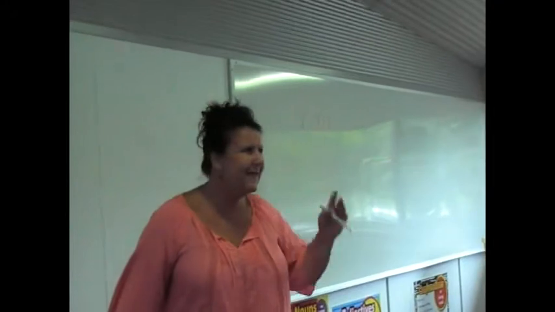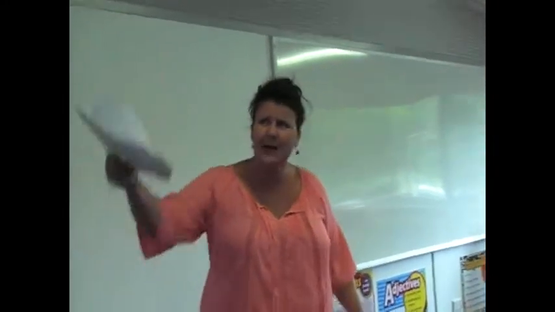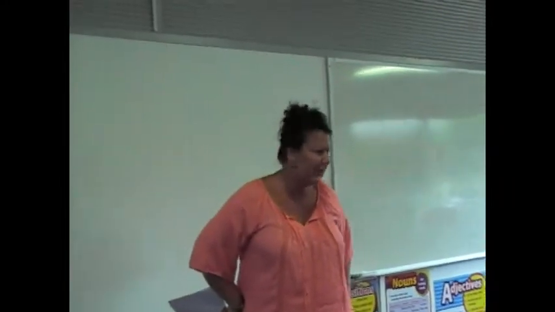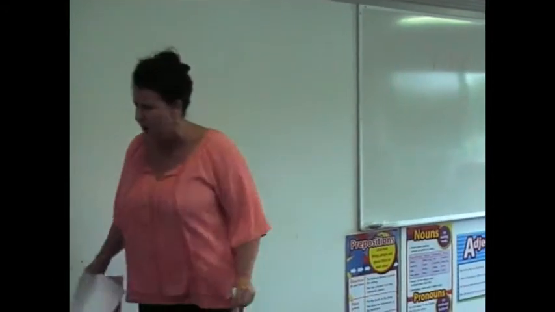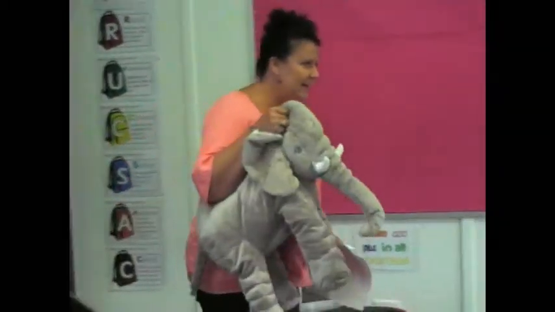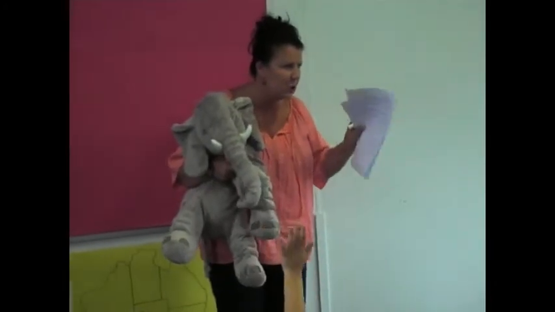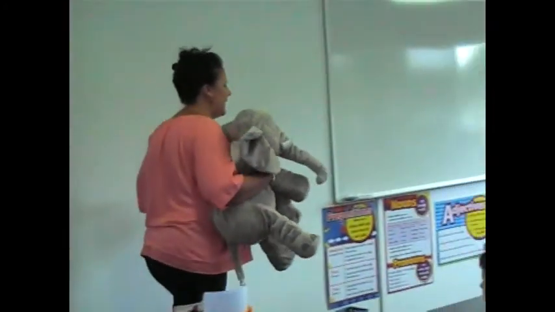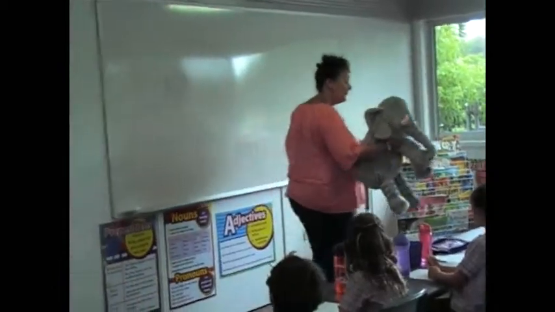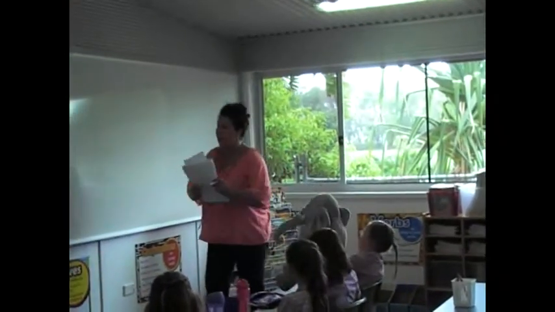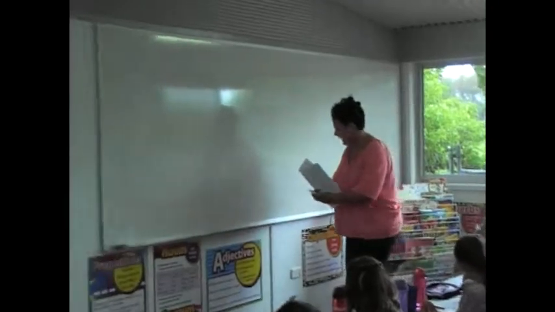You just knew, and that's great, but we need to be able to explain it to an alien that comes down from a different planet and says, well, how on earth did you know how to do that? Because I just knew that was rain. So we've got to teach an alien, and we might even teach Ellie the elephant how to read and spell. What do you think? Now let me show you something I would say to Ellie the elephant. Could you hold Ellie the elephant for me, please? If we were to explain to Ellie the elephant,